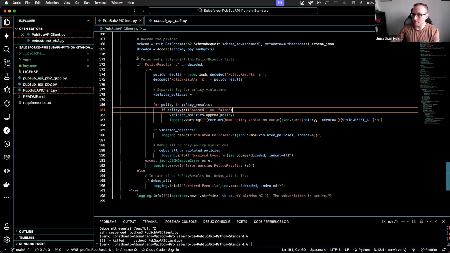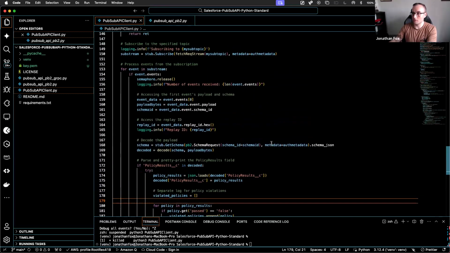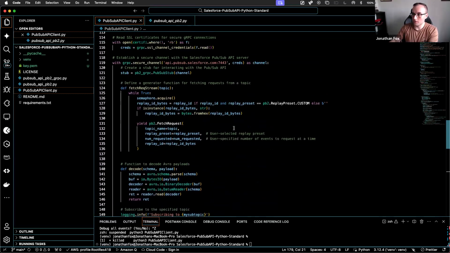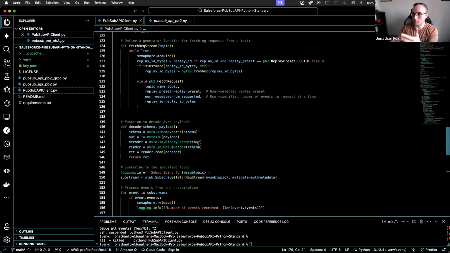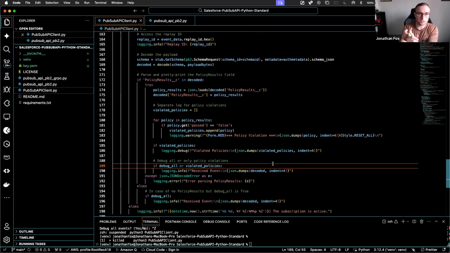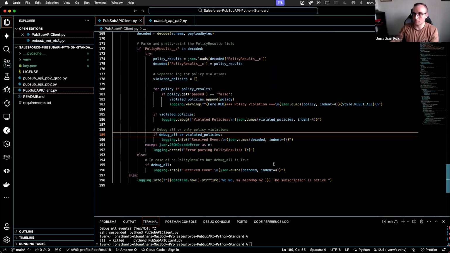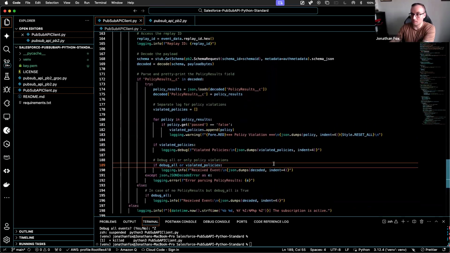At this point, everything you can see past here, this is where your logic goes, because you've authenticated, you've fetched the stream, you've got the schema, you've decoded the event. Now what do you want to do with it? Push it to your order management system, push it to CloudWatch, do whatever you want with it. And that's as simple as it is. That's you ready to go.